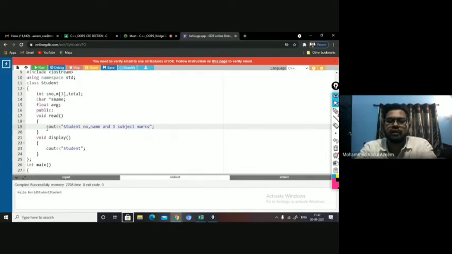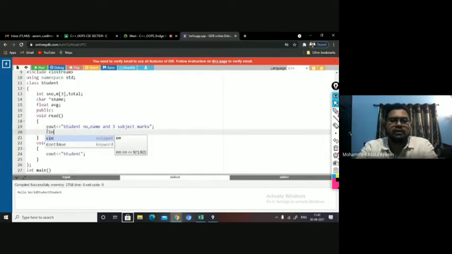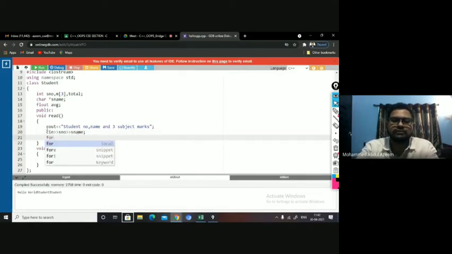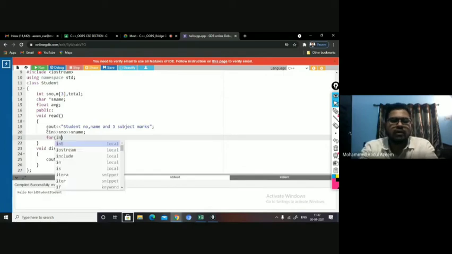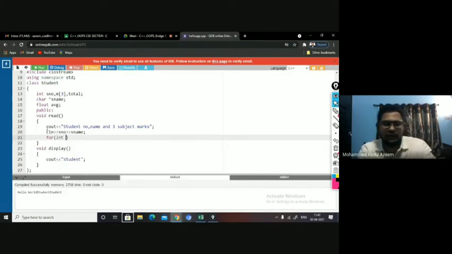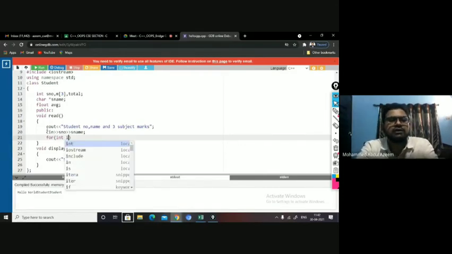So first read the student number. How do you read? With the help of cin, you say S number, and then student name, S name. Then I can take a for loop here. In C++, we are allowed to declare variables as and when required, unlike C, where all the variables have to be declared at the beginning of the program itself.